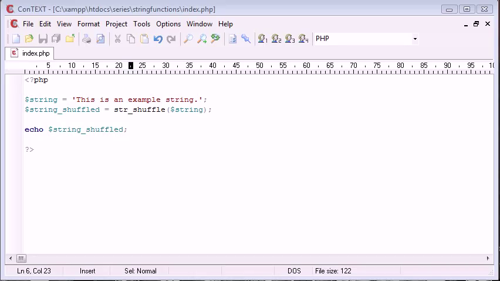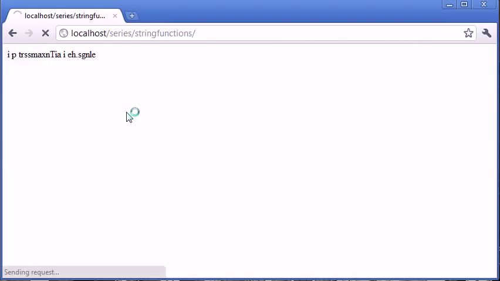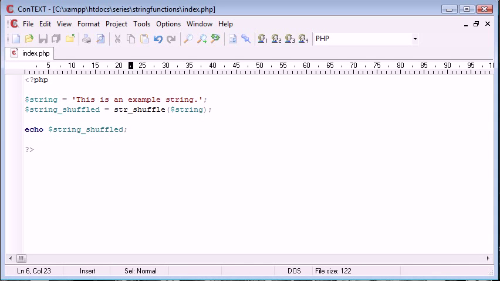But string shuffle is great for just randomly generating, you know, some text, but giving it a sensible value as well. So instead of, say, generating a massive random number or an MD5 hash, you can use this string shuffle to shuffle some characters. Another really useful way of, well, a useful use, if you like, for this function is,